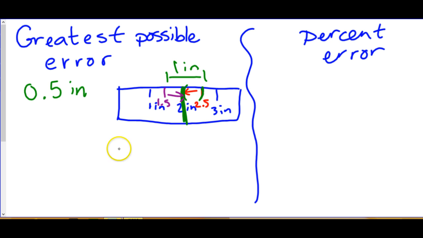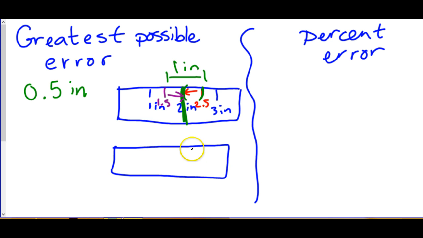Same idea if we were using smaller measurements. Let's say now this whole thing is 1 inch, and what if we went by tenths? So we have 1.1, 1.2, 1.3, 1.4, 1.5, 1.6, 1.7. I'm not labeling every one of them because I can't physically write it in. 1.8, 1.9. So again, if we're measuring to a specific unit,